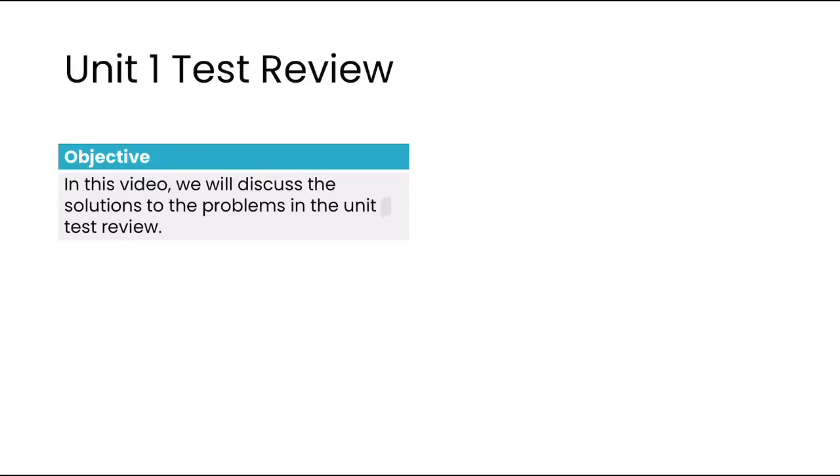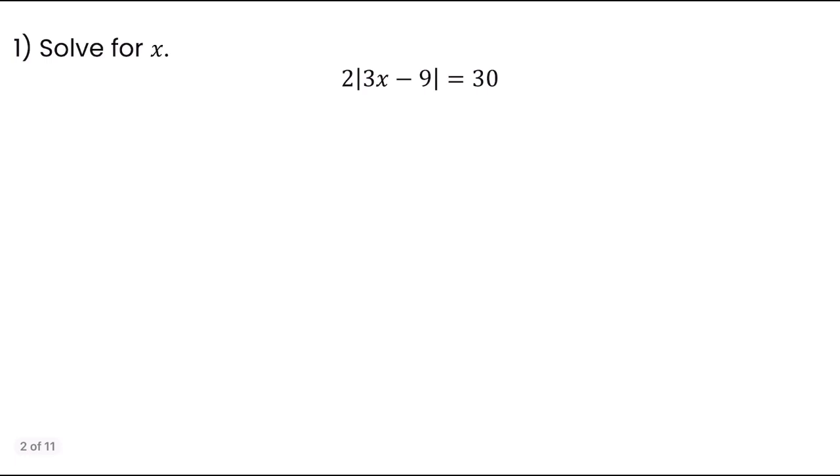For the problems that are in the Unit 1 test review. So in this first question, it says solve for x. Remember, when we're solving for x, we want to first isolate the absolute value. We're going to do that by dividing both sides of this equation by 2. When we divide both sides by 2, we get the absolute value of 3x minus 9